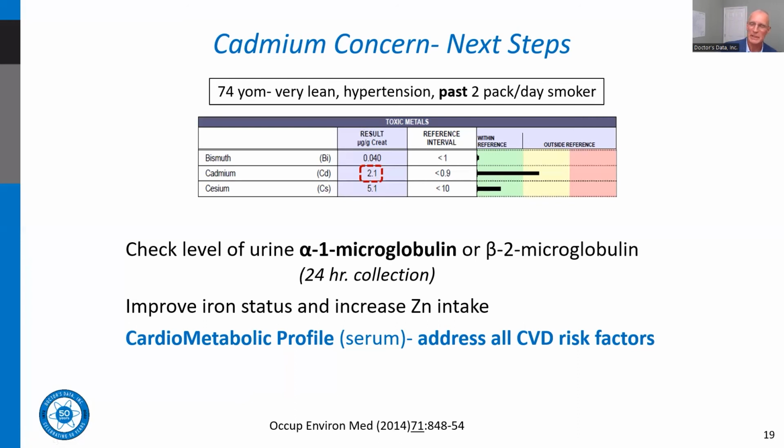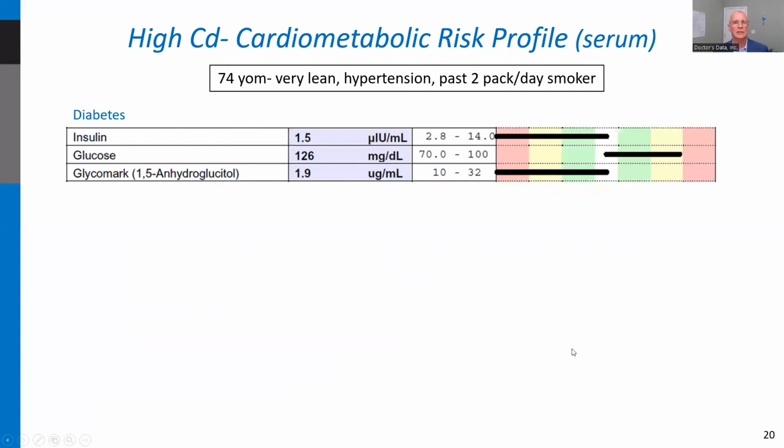Also, because of its association with vascular disease and diabetes, I think it would be a good idea to check all cardiometabolic risk factors. We have a test, a cardiometabolic profile, where we're looking at serum levels and address those risk factors. So I did that for this particular patient, 74-year-old, very lean, hypertensive, 2-pack per day smoker. Lo and behold, the fasted serum insulin was extremely low, only 1.5, glucose 126, and GlycoMark, the